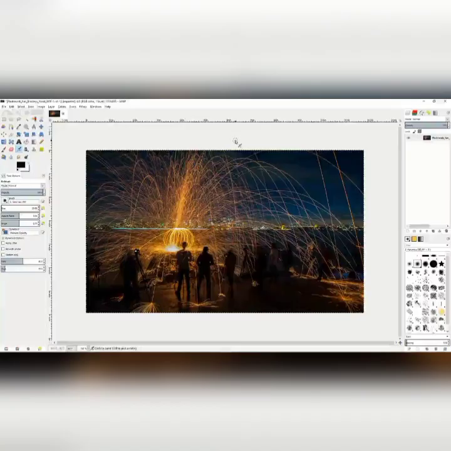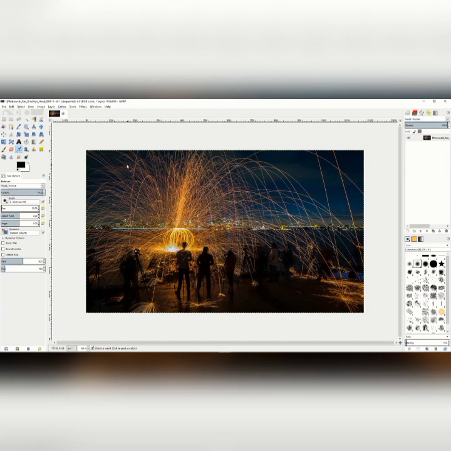Welcome to the next in our advanced tutorial series in GIMP. In this tutorial, we'll show you how to remove noise from photos where the pictures have been taken that have a lot of noise in them. And here you'll see we have started with a picture that has a bunch of noise in it, and we're